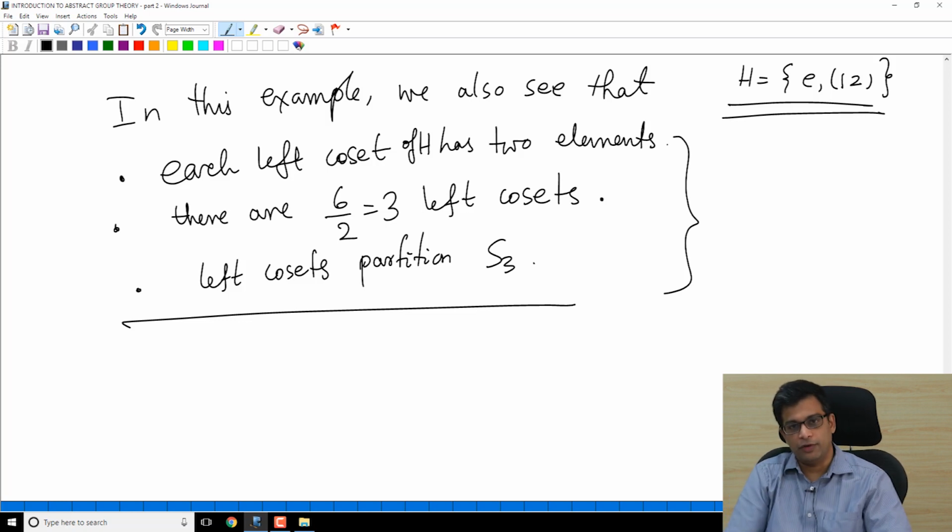So in this video we have done a very important theorem called Lagrange's theorem, which says that if you have a finite group G and a subgroup H of G, the order of H divides the order of G. This is an extremely important theorem, and we proved it as a consequence of the counting formula, which is also important, which says that the order of a finite group is the product of the order of the subgroup H and the index of H in G. And we have illustrated all these results in the case of S3, and in order to do that we have found a new description of elements of S3 using cycle notation, which is very important and that we will use repeatedly in the future, and worked out all the left cosets of a particular subgroup H of S3. Thank you.